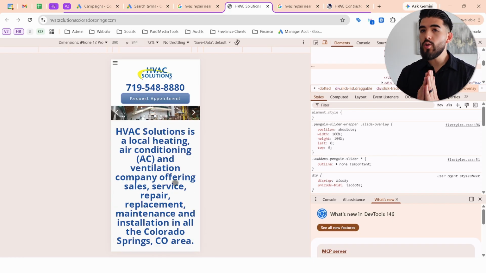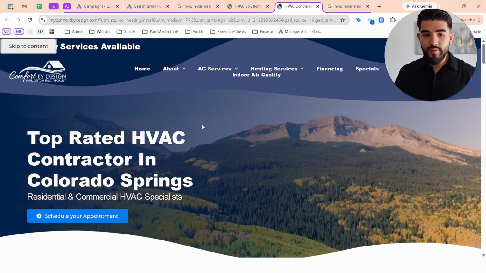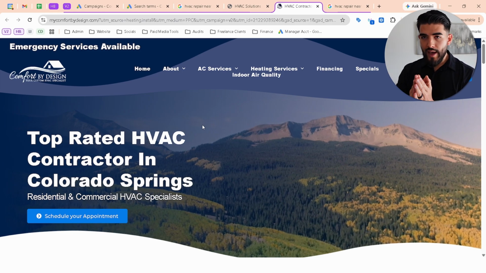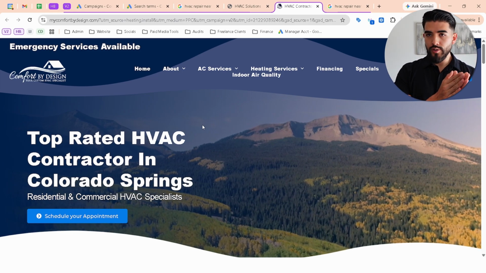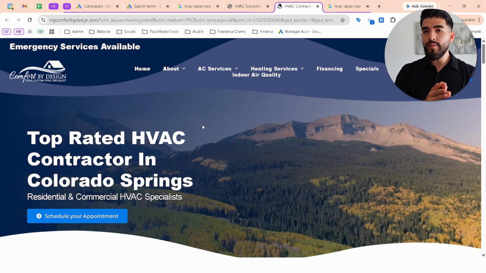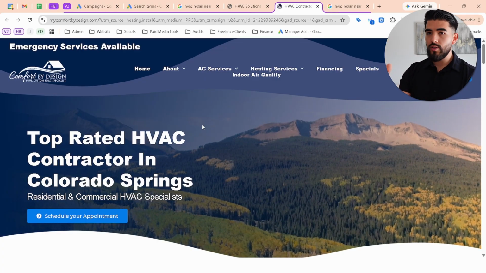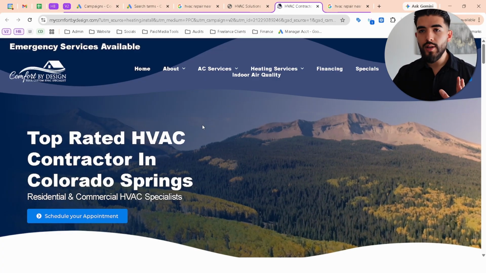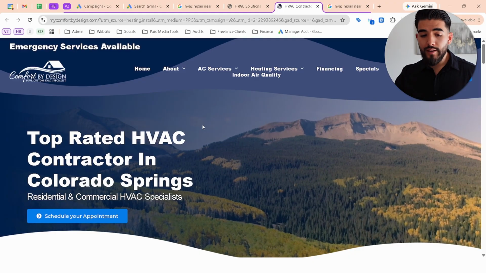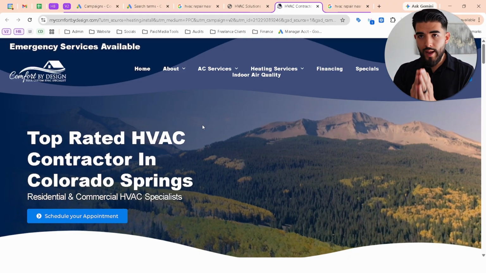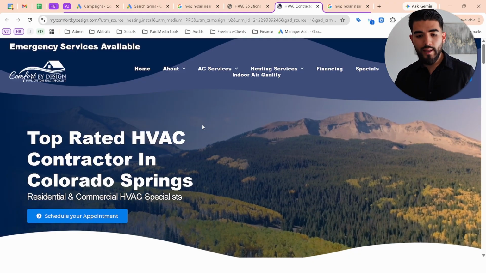And so let me show you a good website doing this, just to juxtapose the two against each other. Look at this. If I'm doing everything right in my ad account, meaning I'm targeting the right keywords with intent, and the keywords and the ad group have an actual ad that's specific to just general HVAC repair or whatever it is, and then they click on my landing page, and again, I'm using the right match types on my keywords, and then I go to a landing page,